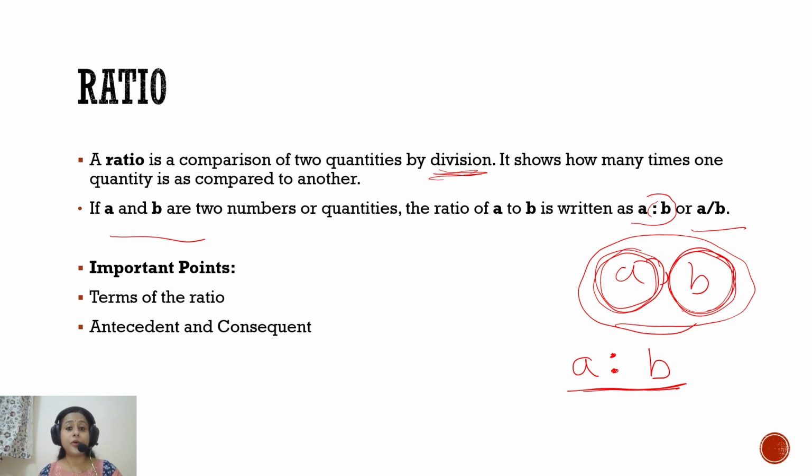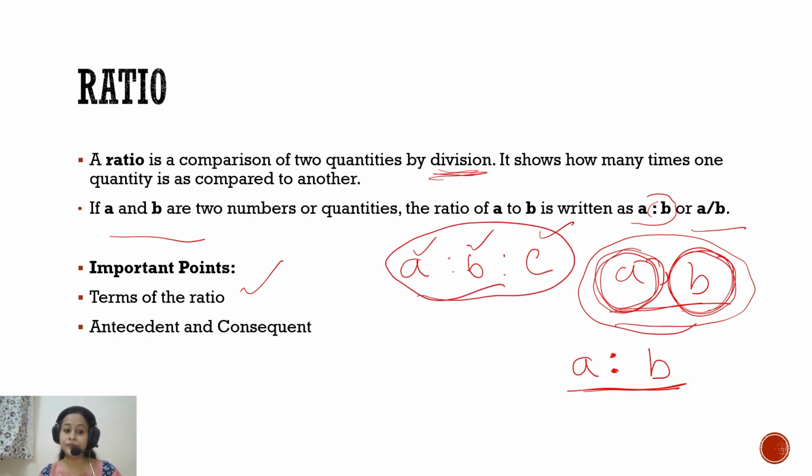Now, three important terms are related to any ratio. First is the terms of the ratio. These two, A and B, and if there are three quantities, suppose I am calculating the ratio between A, B and C, then all of these are called terms of the ratio. In case of only two terms, A colon B, which is called A is to B,